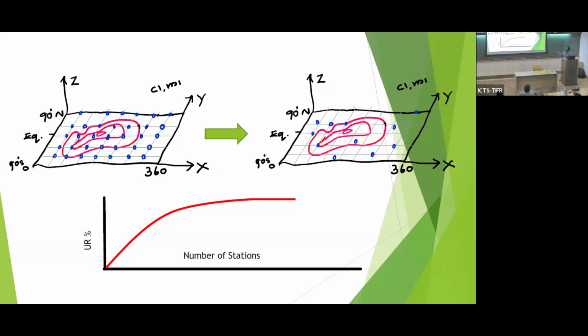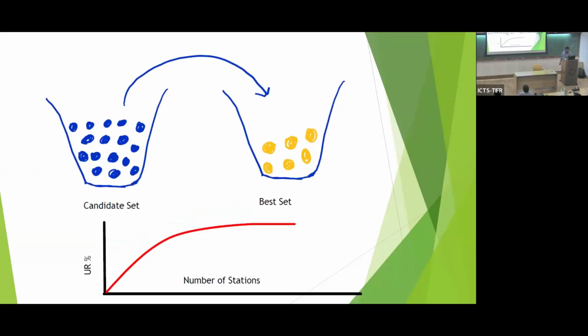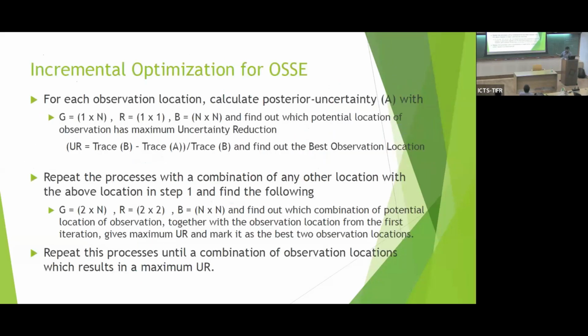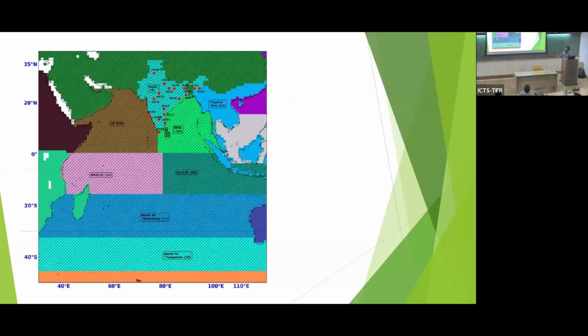So I propose, okay, I will start observation in these many places. This is how the DA principle is used, and you see the uncertainty reduction saturates. No matter even if you add more stations, this curve is not going to improve. It's saturated, right? So this is an OSSE problem in carbon, and how we proposed the carbon observation